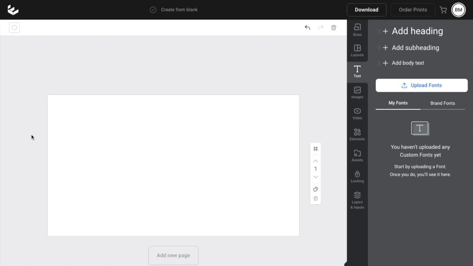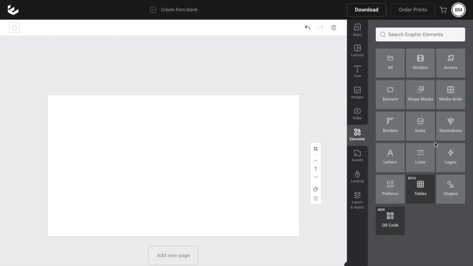So in this Easel tutorial video, I am going to be showing you guys how to add patterns to a design here on Easel. So once you have the Easel application opened up, first thing you have to do is go into the right hand side of your screen, go down to where it says elements right here and press on elements. Then once you're on the elements tab, simply just go ahead and press on patterns right here,